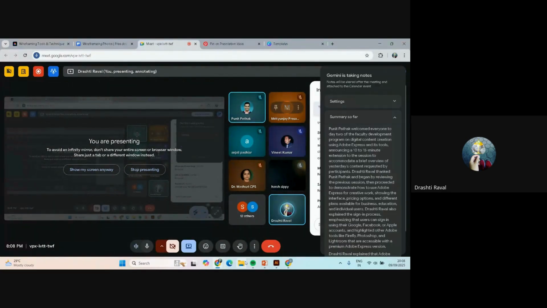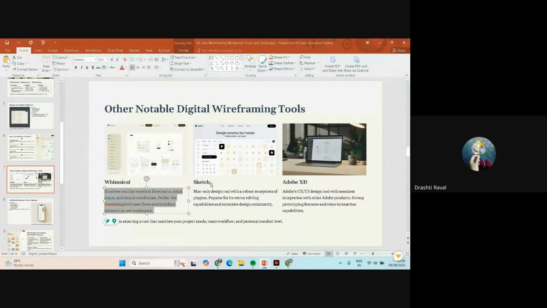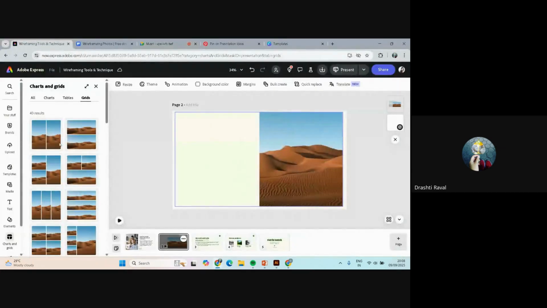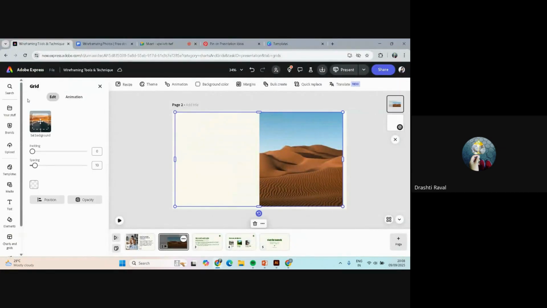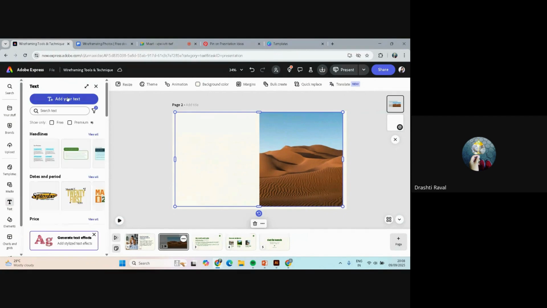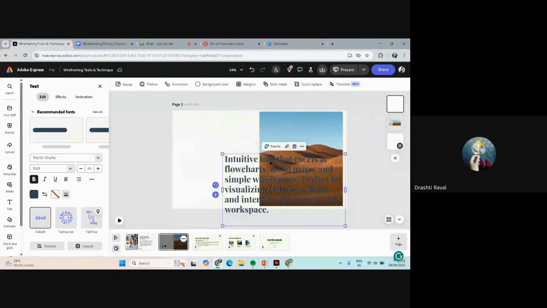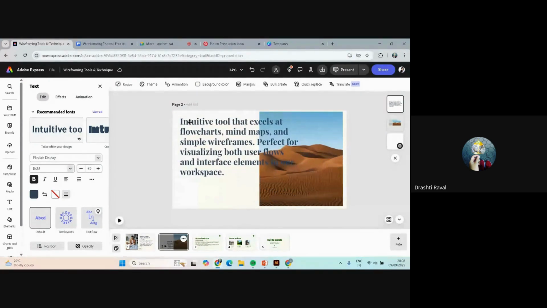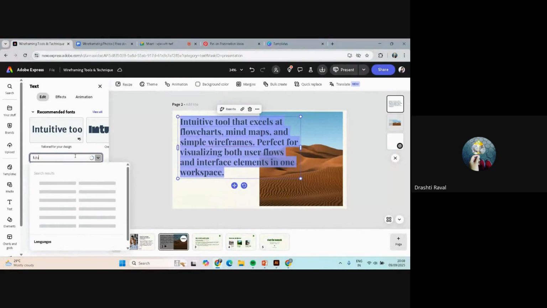Okay. So now, if you are selecting multiple texts, like one or two or three or four, by clicking on the shift button, so if you have a paragraph formation like this, and you are selecting it from here to Adobe Express, what you can do is come to the text and add text, and you can see the add tool is here. So I have added my paragraph here,